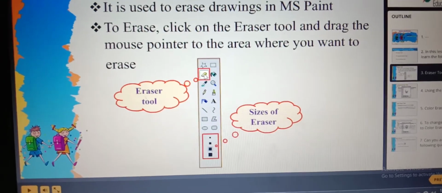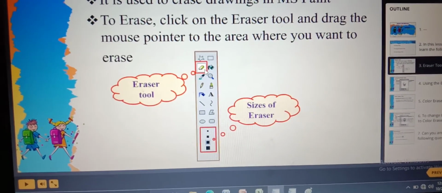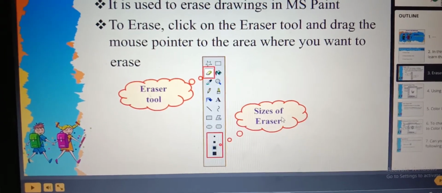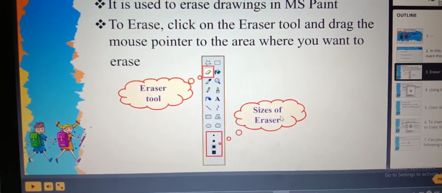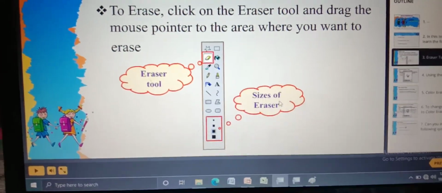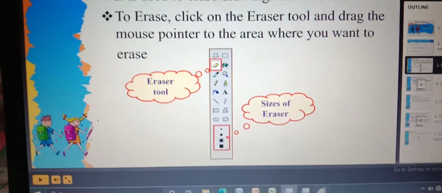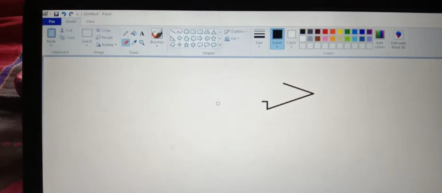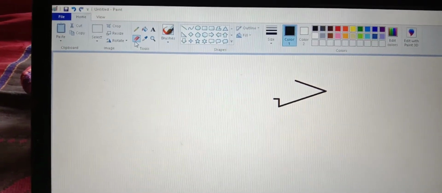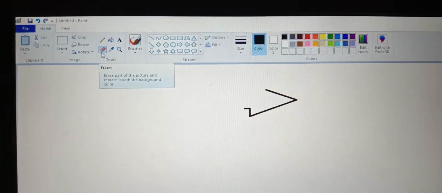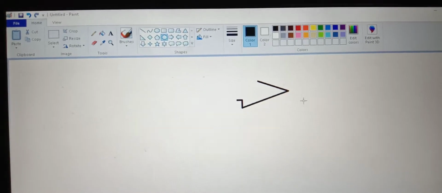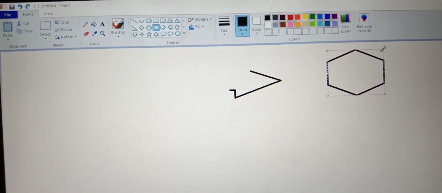See here children, this is our eraser tool and we have a number of sizes. Based upon your wish, you can take any size of eraser for your drawing. Here I am going to show you how to erase your drawing. You can draw any shapes over here.